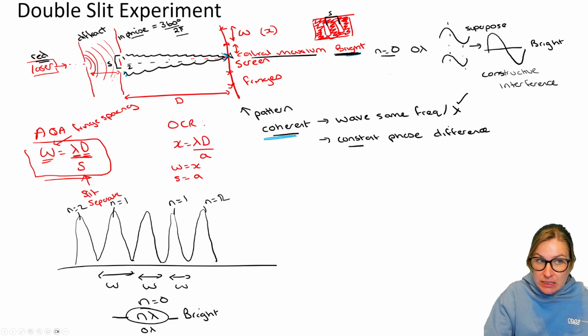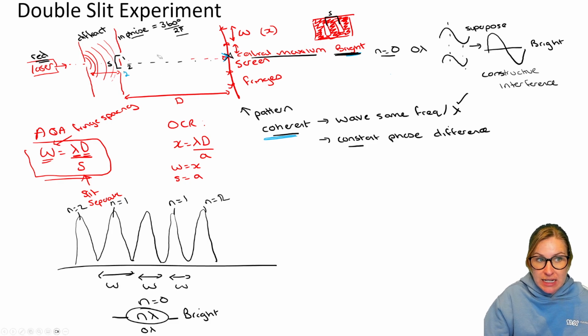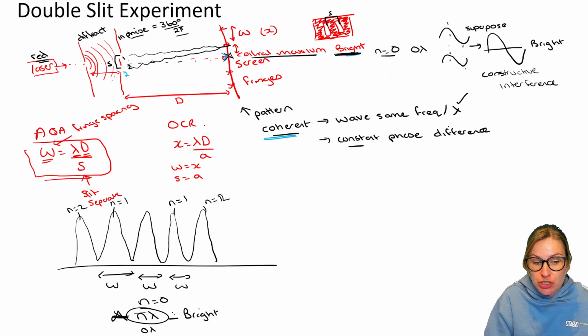If I look at my next bright fringe, so if I look at the wave that's leaving slit 2 traveling to the next bright fringe, and the wave that's leaving slit 1 to the bright fringe, you can see the wave that left slit 2 had to travel much further in distance than slit 1. And that further distance, remember we just said, is a whole number of integers times the wavelength. So we're saying that's going to be 1 times the wavelength. So the wave that left slit 2 had to travel 1 wavelength longer in path difference than the wave that